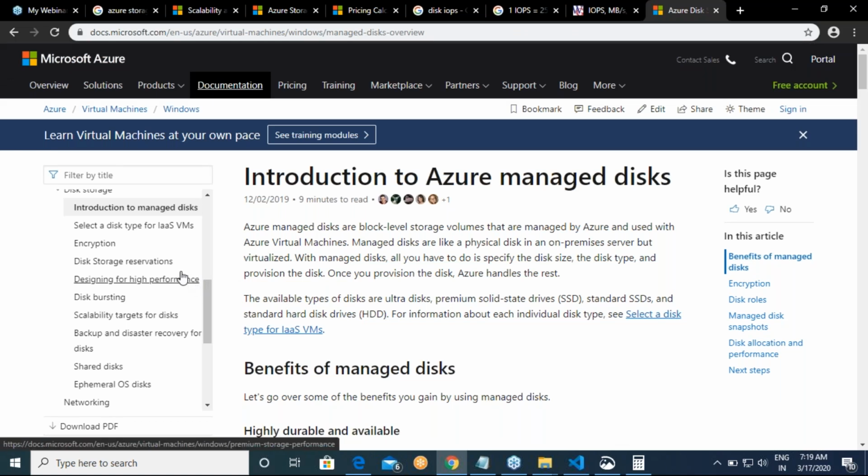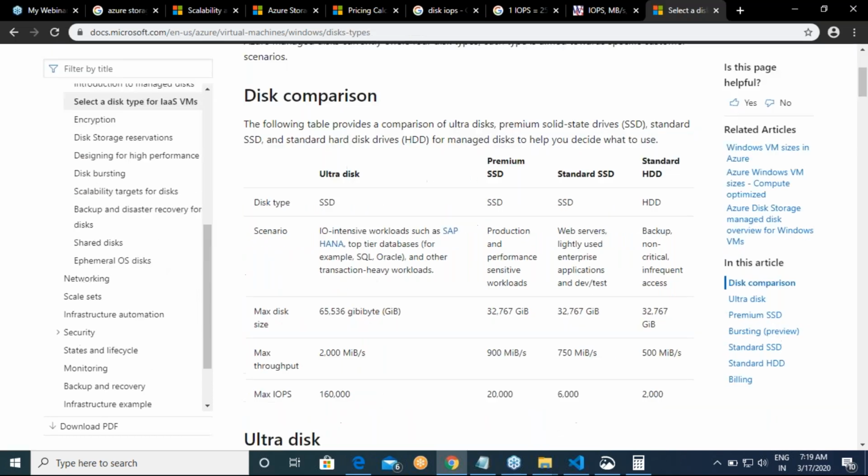So if you see over here, the disk comparison speaks about this. There is a standard SSD, there is a standard HDD. What is the maximum disk size you can possibly get, what is the maximum throughput, what is the maximum IOPS? This tells the whole story.